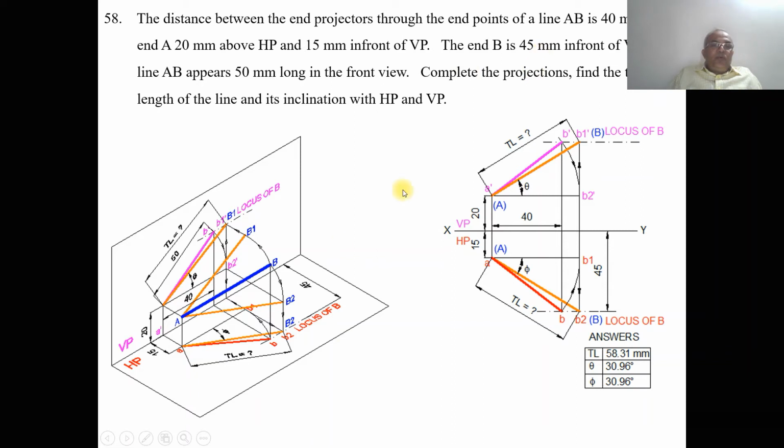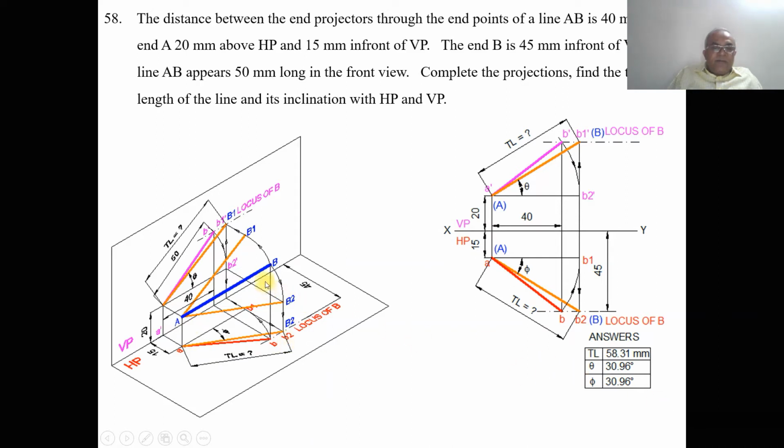Now what we need to do is, now we have the front view and top view. So when you project from b and also when you project from b dash, both will intersect at this point. So you are going to get this as capital B. So join A to B with a dark blue line. That means it is in space. So this is the actual front view and top view when it is in space. But when it is projected from the top view, then it will get small ab.